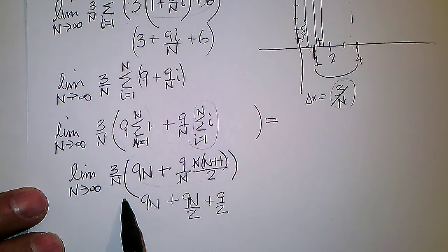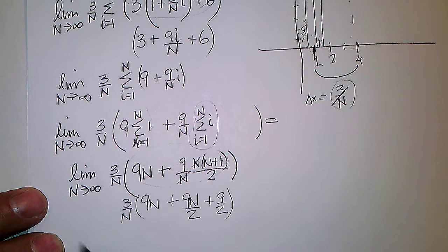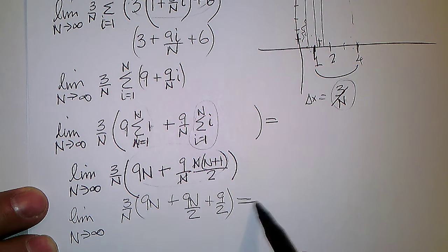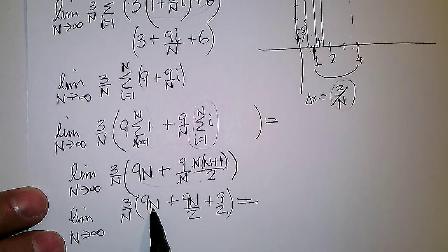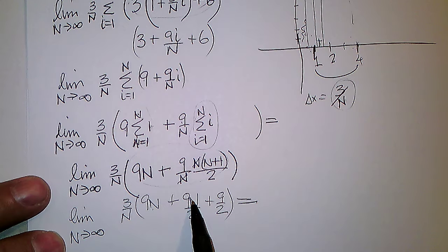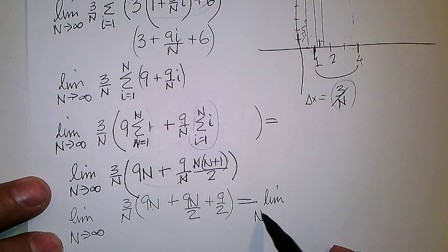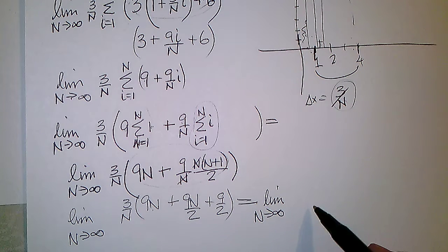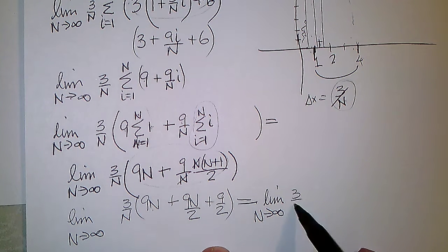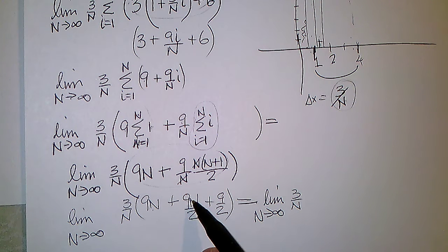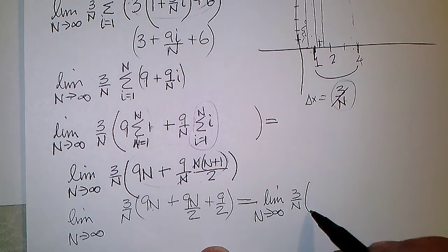And that's all times 3 over n. Okay? So 9n plus 4.5n is 13.5n. So I've got the limit as n goes to infinity of 3 over n times 13.5n